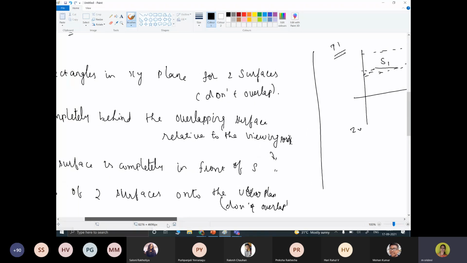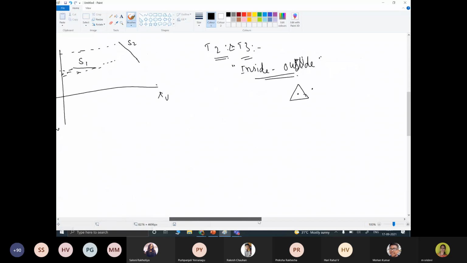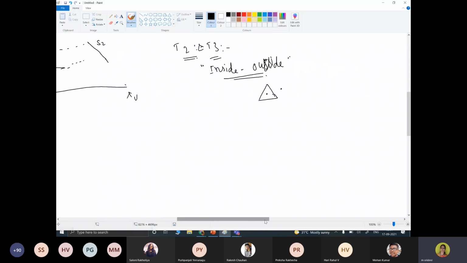Test 2 and test 3 have surface S completely behind the overlapping surface, and the overlapping surface completely in front. Both backward and forward cases are given here. With the help of this inside and outside polygon test, we can find out. We can substitute the coordinates of all the vertices of surface S into the plane equation, and from that we can check whether it is an inside point or an outside point.